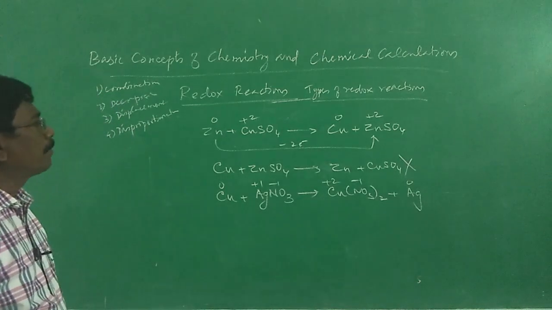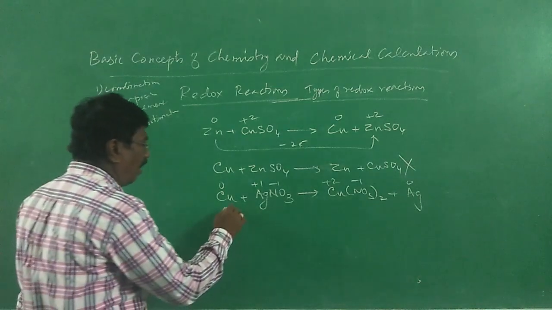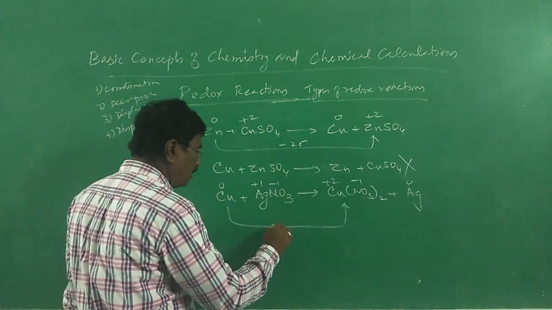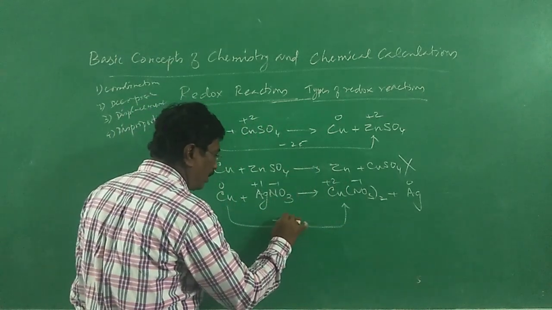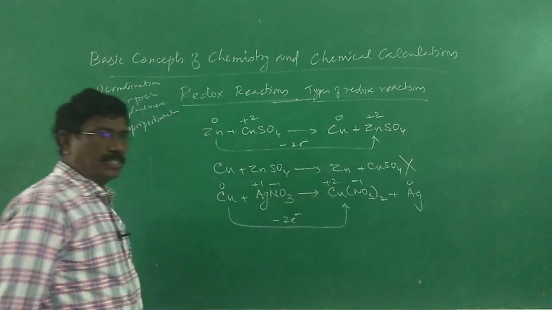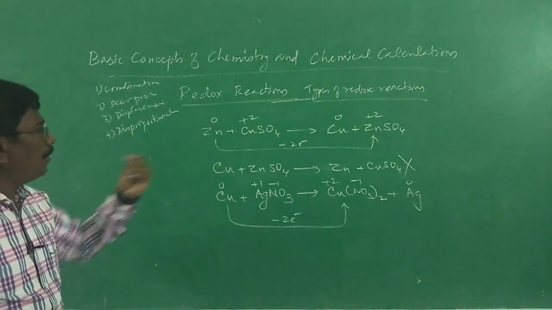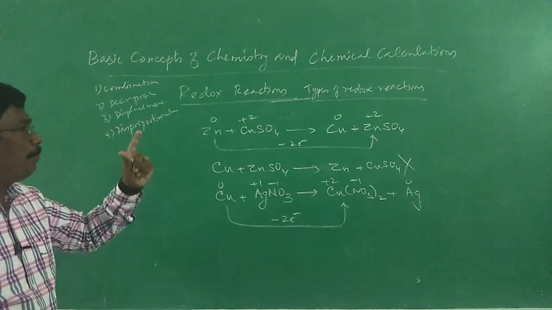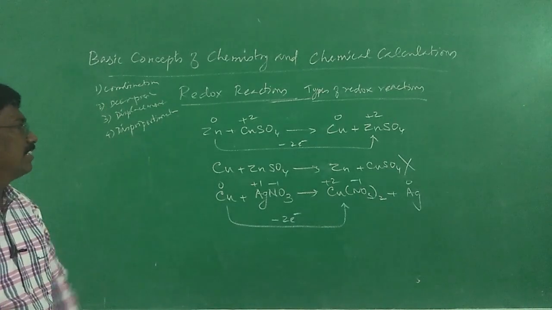Here, copper is oxidized to +2. That means it lost 2 electrons. So in the competitive electron transfer, in this competition, zinc is leading because